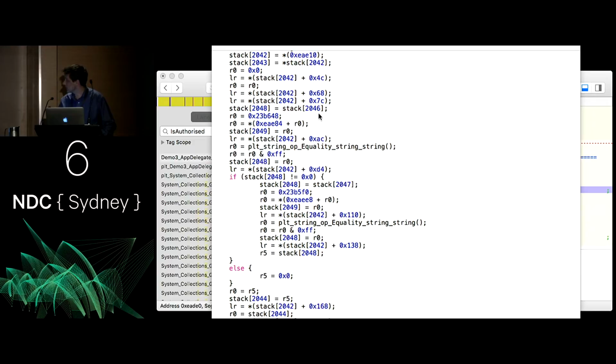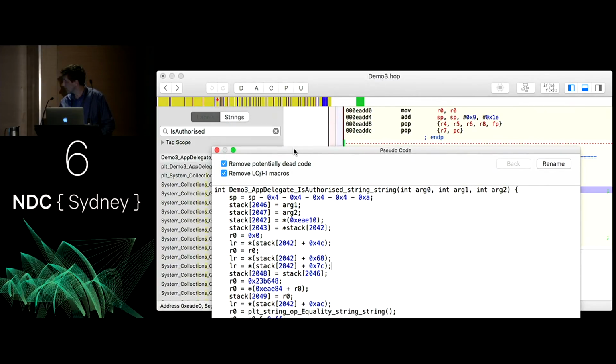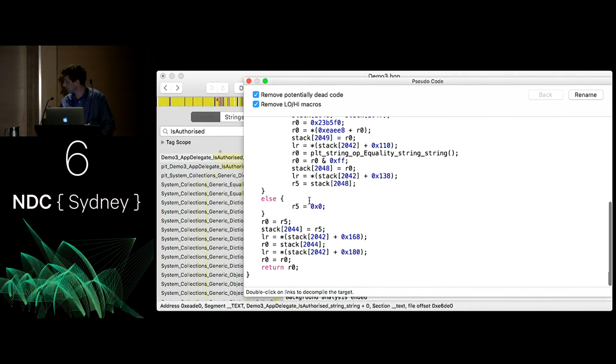So even if we can't figure out exactly what this is doing, we can see that it is returning a value. So that is returning something back from isAuthorized. Now, if I can tell from the wording that that's probably going to return true if it's authorized, I can come and fiddle with this. I can make this always return true regardless of what code came before it.